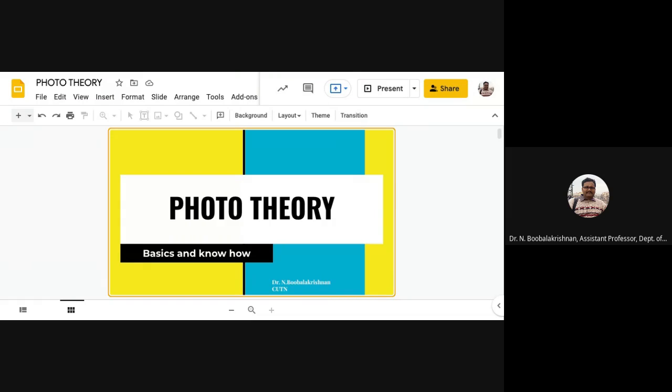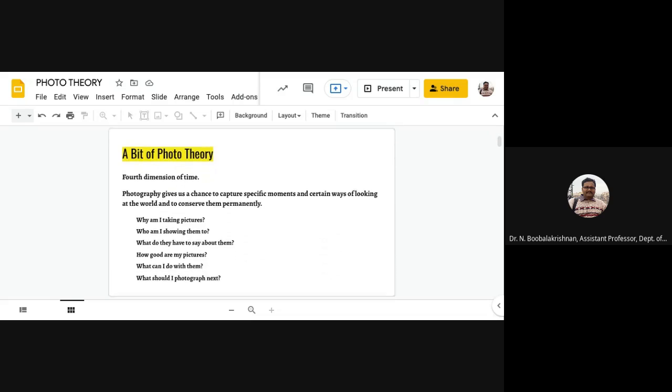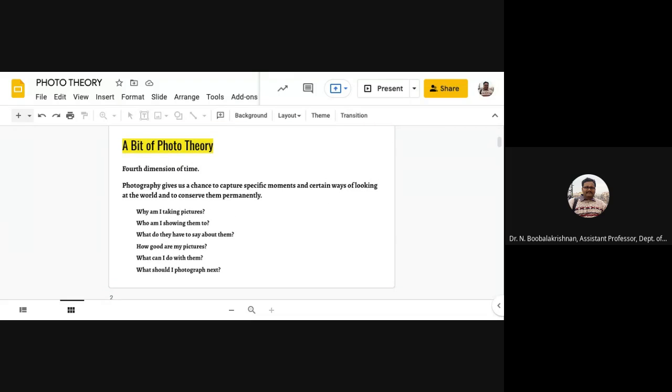There is a fourth dimension of time. Photography gives us a chance to capture specific moments and certain ways of looking at the world and to conserve them permanently.